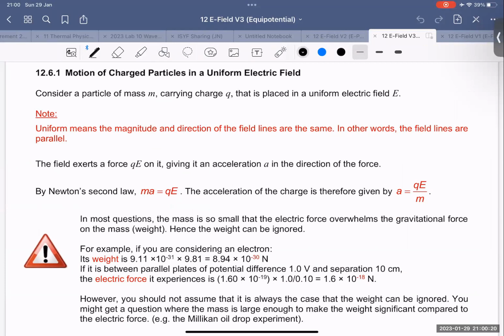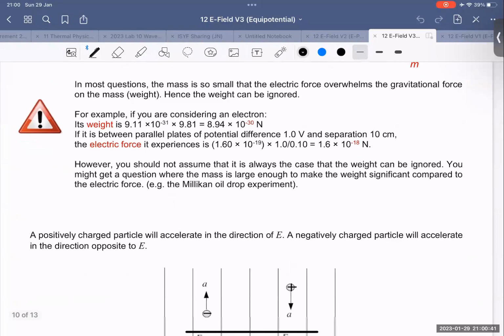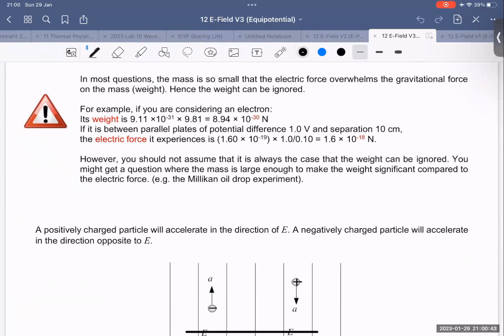Motion of charged particles in a uniform electric field. Uniform means the magnitude and direction of the field lines are the same. In other words, the field lines are parallel. By Newton's second law, ma equals QE, so the acceleration is QE over m. Now, in most questions, the mass is so small that the electric force overwhelms the gravitational force. For example, if you are considering an electron, the weight is 8.94 times 10 to the power of minus 30 Newton. But the electric force is 1.6 times 10 to the power minus 18 Newton if the plates are separated 10 centimeters apart